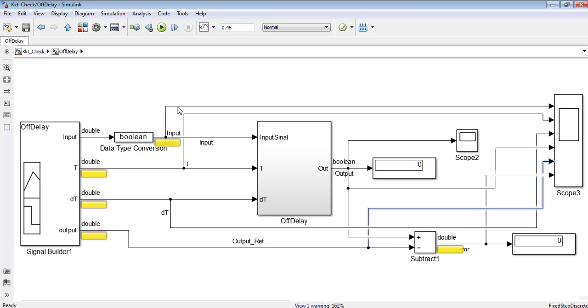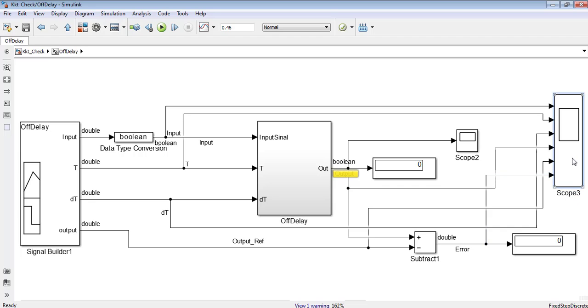If we check, the first one is input, the second one is delay time, the third one is sample time, that is the change in time, the fourth one is the actual output from the model, the fifth one is the expected output, which is already imported in the signal builder, and the final one is the comparison between actual output and expected output. If there is any difference, that will be an error.